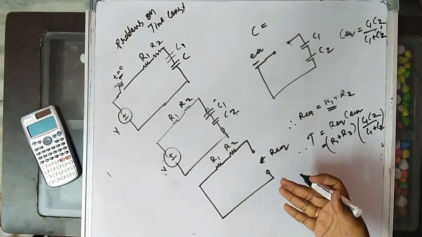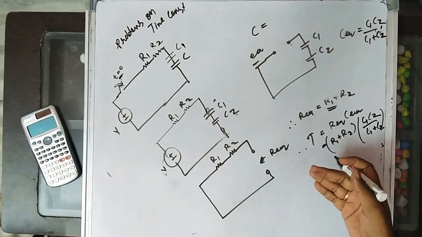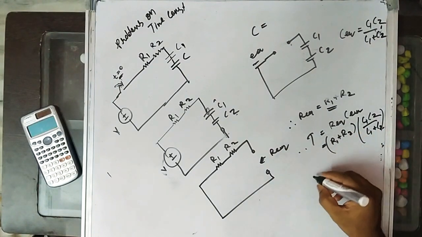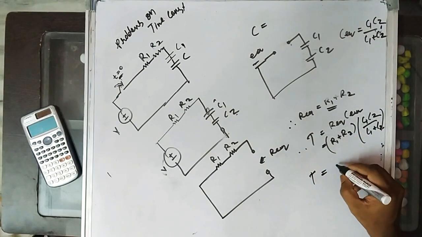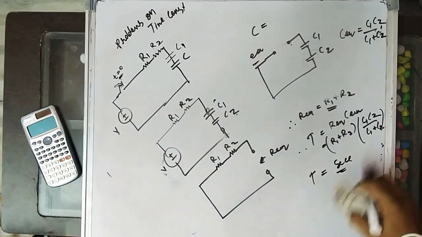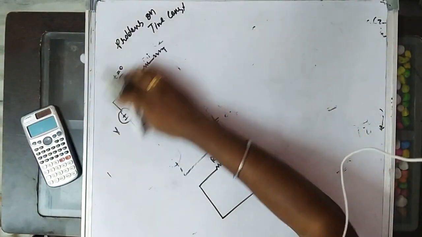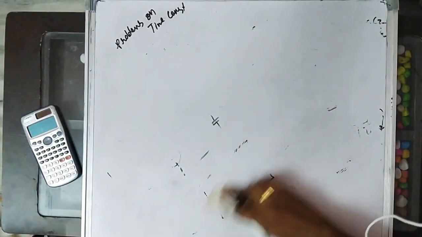So you will be given the resistance values and the capacitance values. We find C equivalent and R equivalent, substitute them, and finally you get the time constant tau in seconds. So the unit of tau, the time constant, is seconds. We have already dealt with that. Now let us take a small problem which you need to understand carefully.